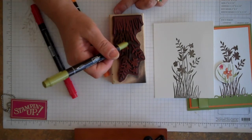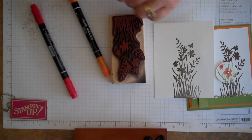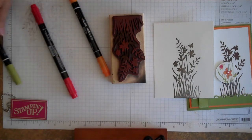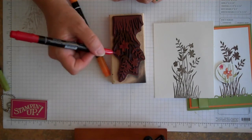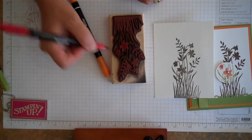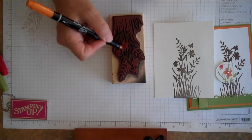And there's actually two sides to these Stampin' Write markers. So there's one real thick side and then there's a thin side as well. So using the thick side, you know, obviously goes a little bit faster for you. So we'll go ahead and just put a little bit of the Real Red in there and just give that a little